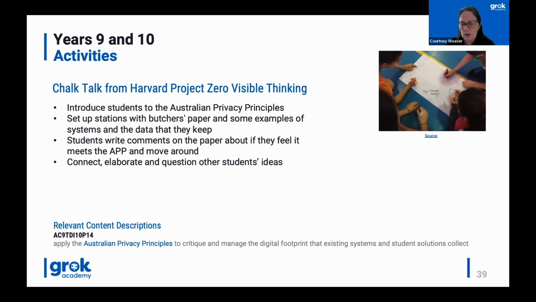So if you could set up 5 stations and you could have the privacy principle there plus a scenario that was a system or a data breach that they could look at, and then get students to read those 2 things and write down some things that they think about when they read those 2 things. Do they think that the Australian privacy principles were met, or do they think that the organisation had done something wrong with regard to the Australian privacy principles? Or do they think that the Australian privacy principles were not strong enough or are too strong and